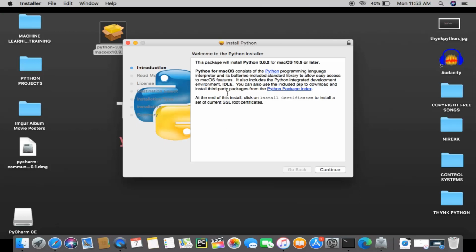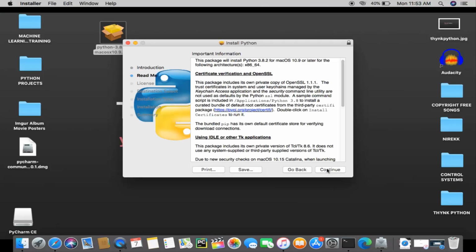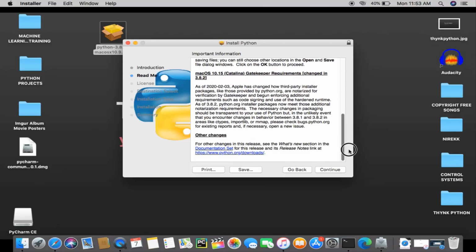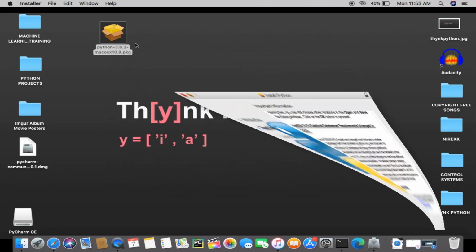Once this is downloaded, we need to install it on our machine. For installing, you'll click continue and continue again. This is simply the terms and conditions which we need to accept. You go on clicking continue and next till you encounter the finish button. Once you hit finish, this is installed on your machine, right?